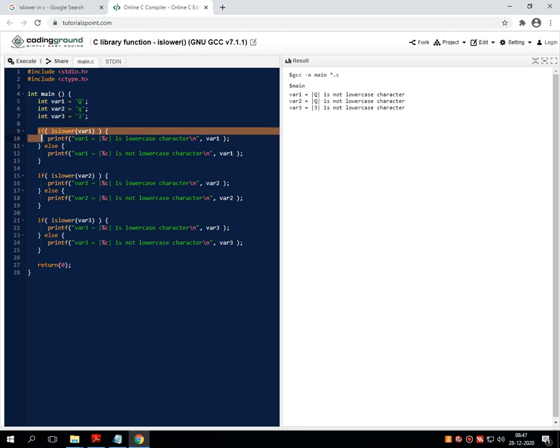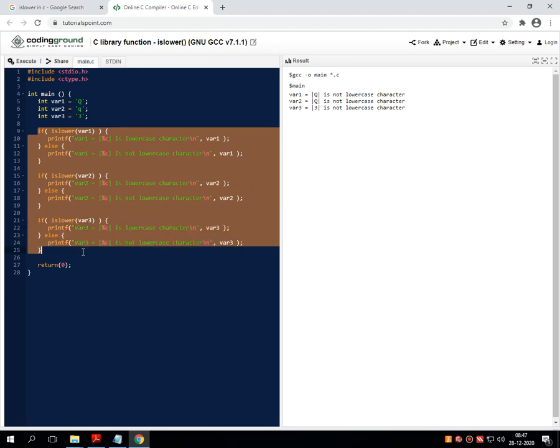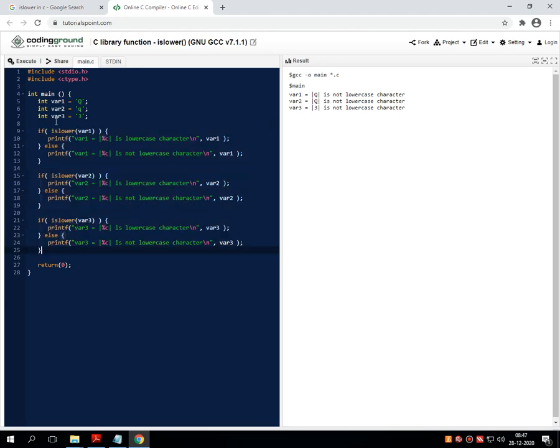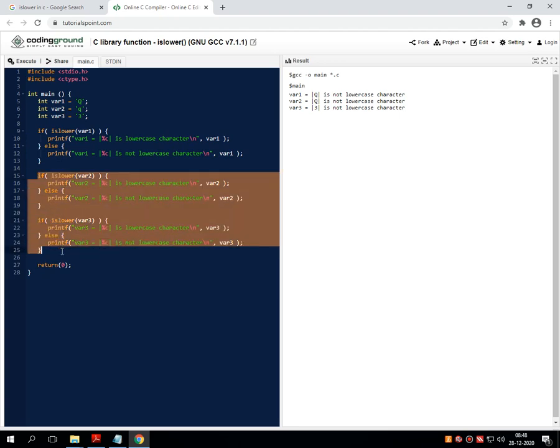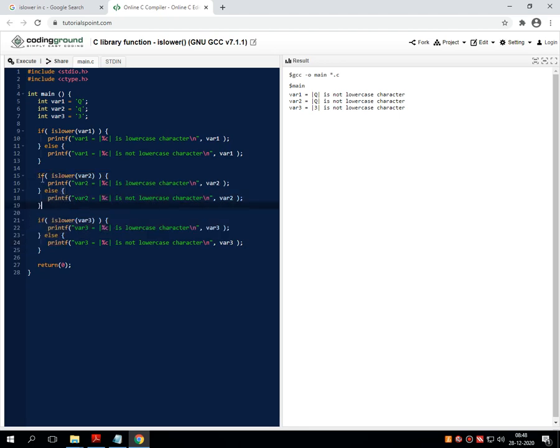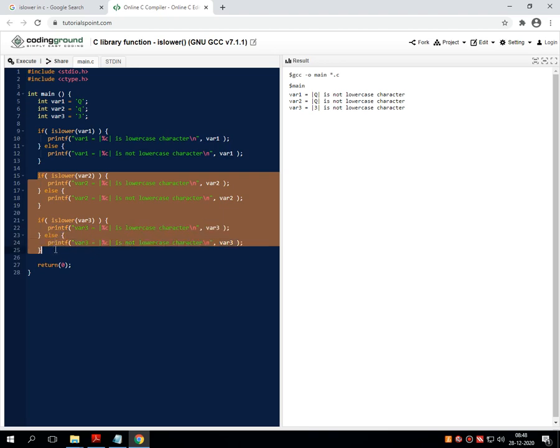Then there are multiple decision making statements, as there are 3 variables, so it will check for the 3 variables. If I want to make this program shorter, then I am just removing the remaining conditional part from the entire code.